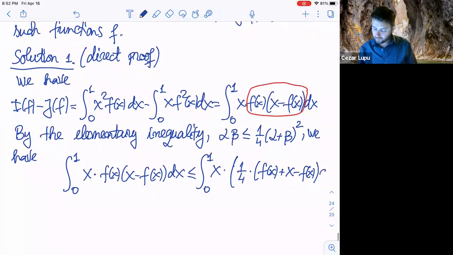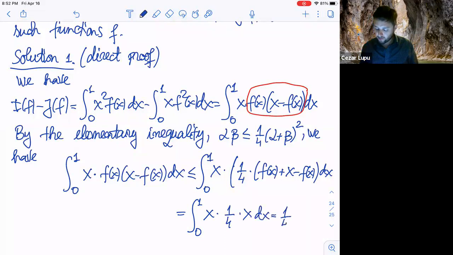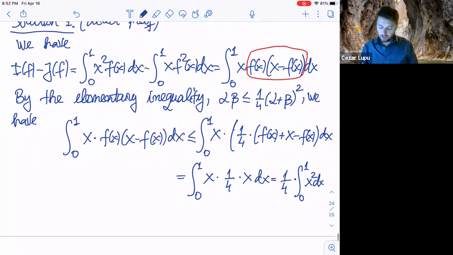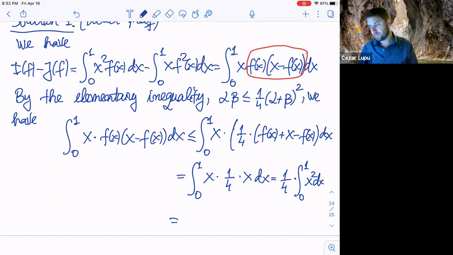Great. All right, great. So this will be equal to, if you look here, the integral from 0 to 1 of x times 1/4 times x dx, which is 1/4 times, and here we will have what? We'll have the integral from 0 to 1 of x squared dx. And if you would like to, this is 1/3, 1/12. Right? So that's the,